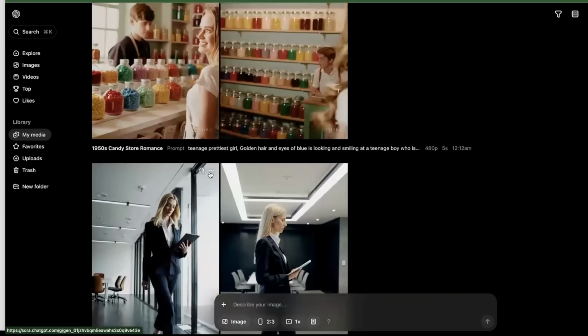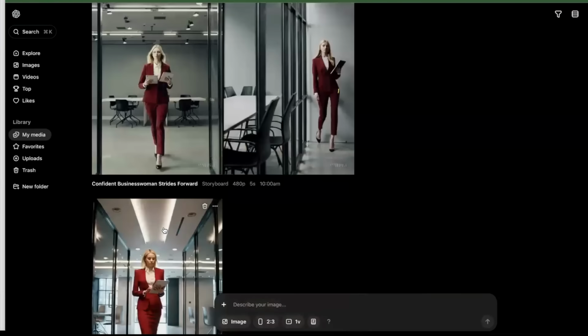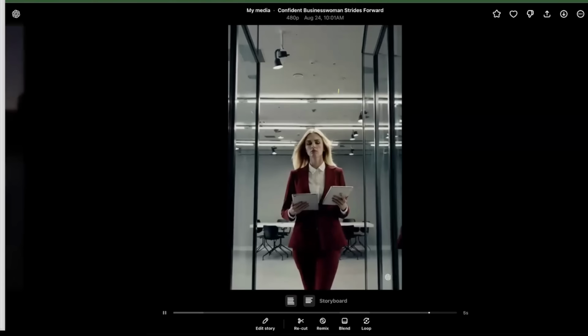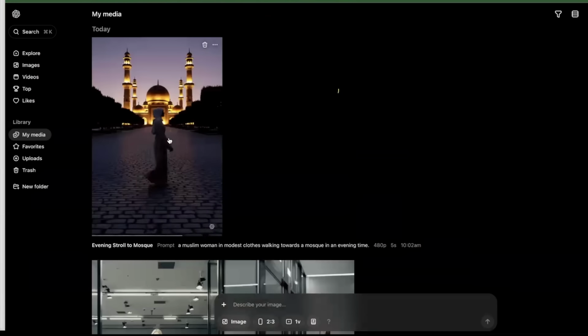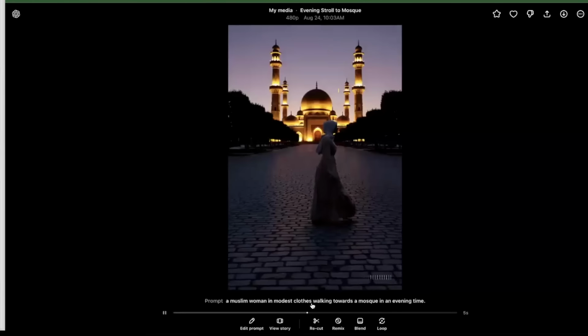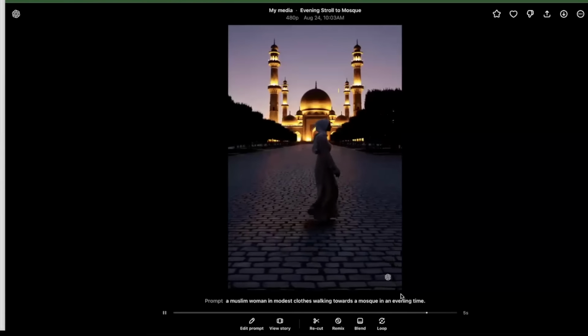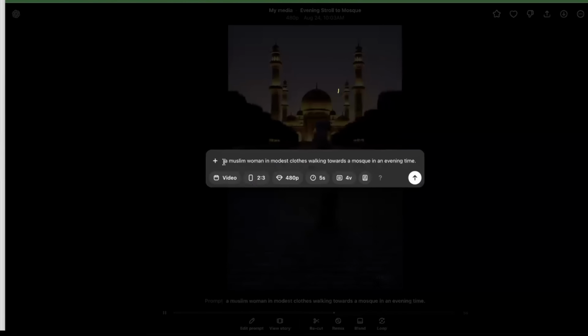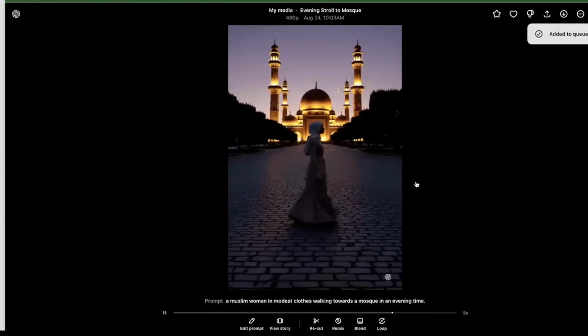Then I modified that prompt and I asked it to change it to a red suit. Oh, and here was the one that I created. And it says a Muslim woman in modest clothes walking towards a mosque in an evening time. Let's say if I want to say a Muslim woman in modest clothes walking towards a mosque in the morning hours. Okay, so while this is happening,